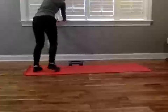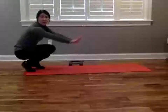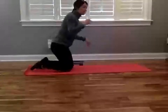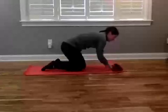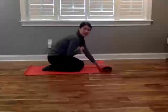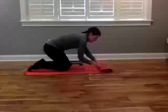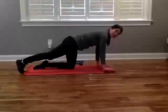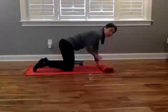So if I show you from here, it's not a good view. You can use a counter to hold yourself up in a diagonal slant instead of being perpendicular to the floor. So I'm going to roll my mat. We're going to incorporate the mountain climber or knees to chest along with the row. Sometimes at the gym they call this an around the world. We are not going to do a leg kick up because I find most people get too much movement in their spine. So we're going to do a row,